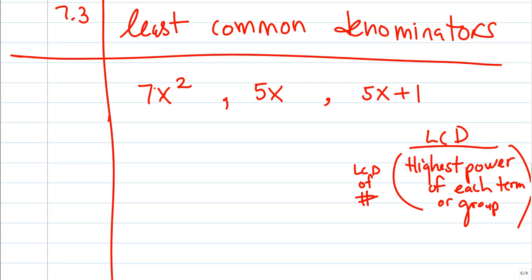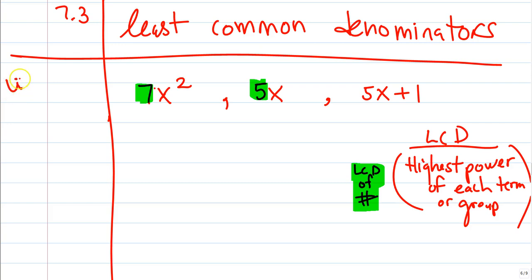But basically what we're going to do is I'm going to just start with these first two. Okay, the 7x squared and the 5x. When I want a least common denominator, I'm going to start with the least common denominator of those numbers, 7 and 5. A lot of you are already going, yeah, 35, you've done this enough, you're kind of comfortable with it. But if you're not sure, to find the least common denominator, you can count by or list multiples of